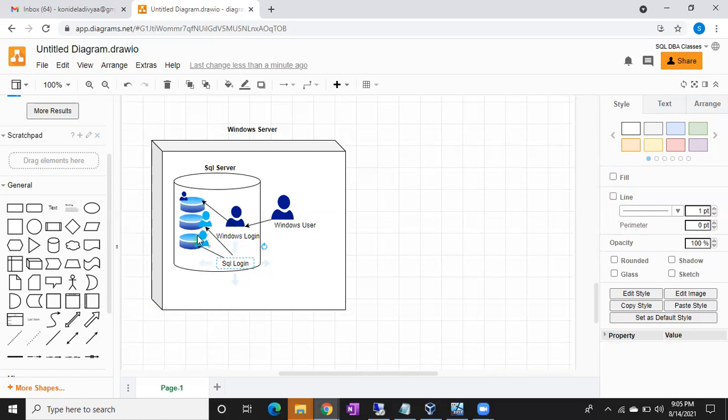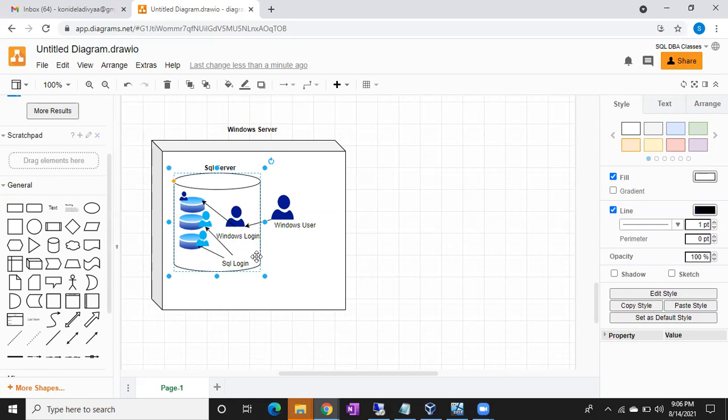In this scenario, what happened? The login is deleted by someone. So these two users who were depending on this particular parent became orphans. Why? Because the parent is not there. Now these two users are orphan users. So there are two scenarios when these orphan users will be created. What are those two scenarios? One scenario is when orphan users will be created.